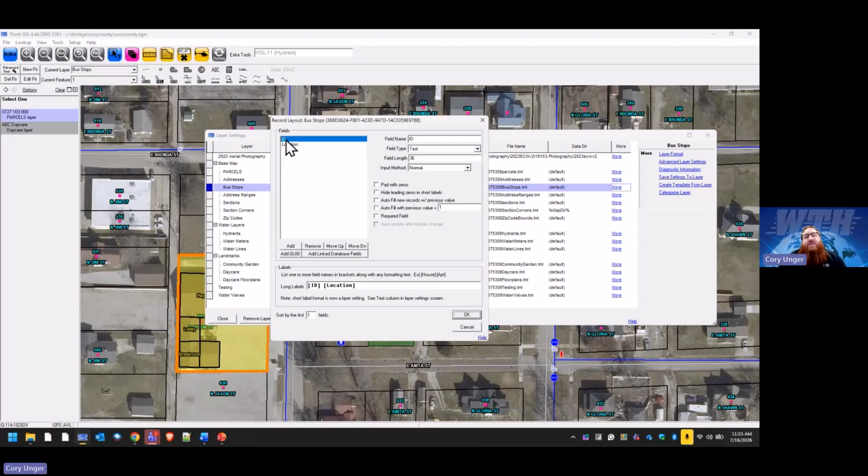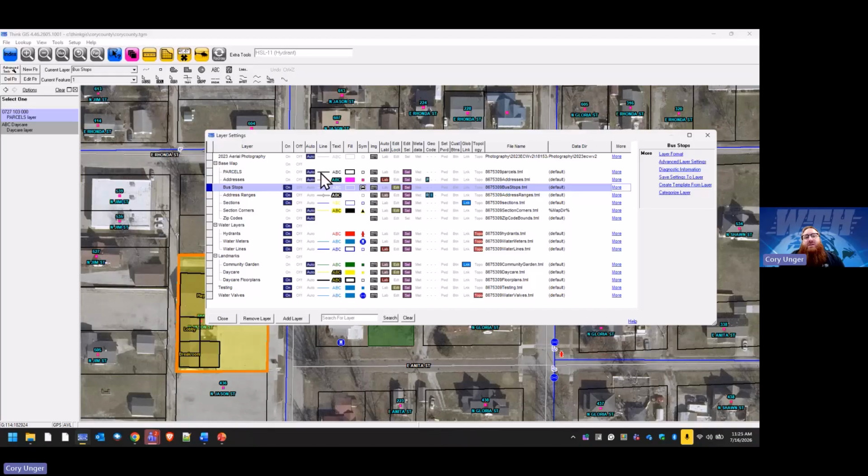But the ID is only going to be 2 characters long. You don't really need 36 characters. It doesn't really hurt a lot with small layers, but this does eat into the size of the actual file. If you have a big layer like the parcels, which let's look at now,